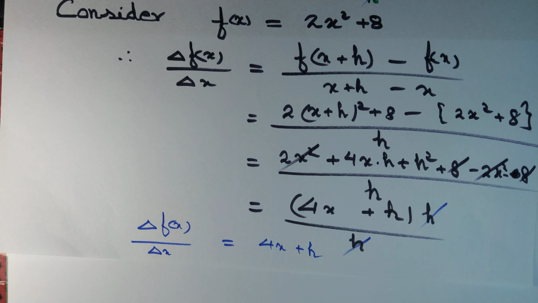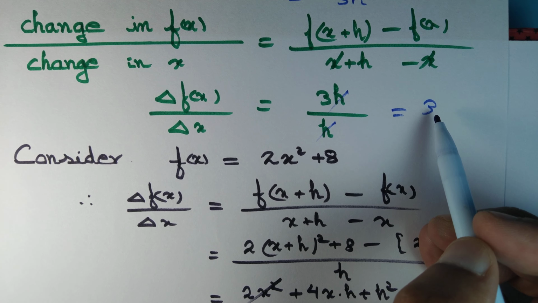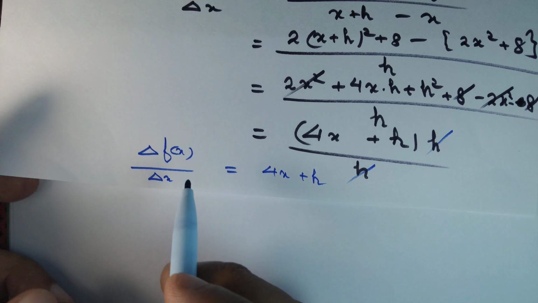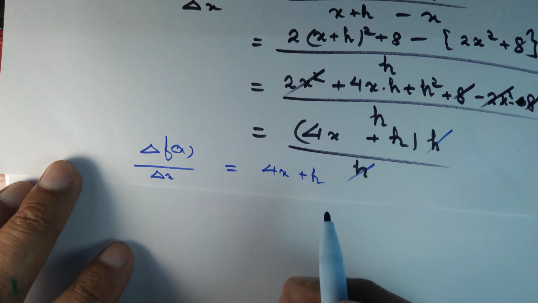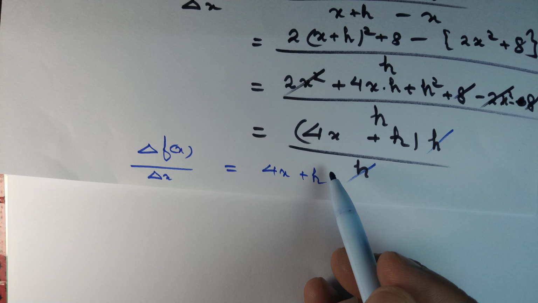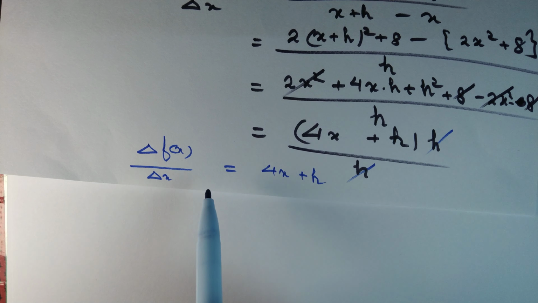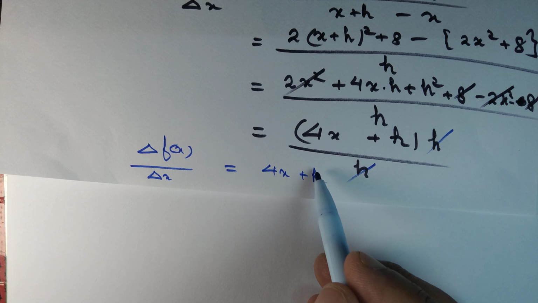Last time we got a simple number, right? Change in f(x) by change in x. It's a simple number. Now we see that change in f(x) by change in x depends on the value of x as well as h. Oh, we have a problem, right? What kind of change are we doing that affects change in f(x) by change in x? Can we get this quantity to be independent of h? Of course not. But if we take h nearly 0,